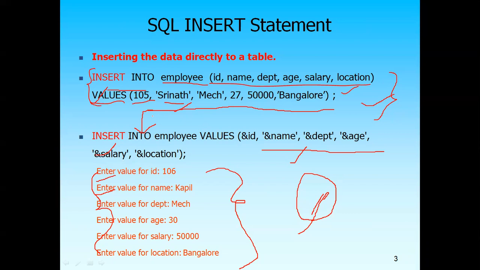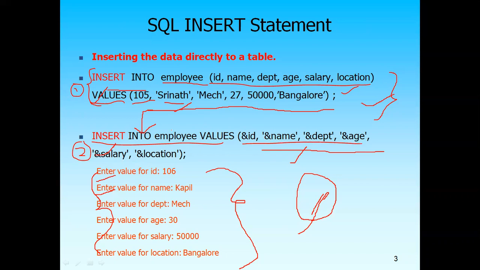Second method, if you want to insert multiple records into the table and you don't want to use this insert statement again and again. Now, what is happening in the first method? This is the first method. This is the second method. In the first method, you need to write this insert statement every time you want to insert a record. But the alternative solution is, instead of mentioning the values directly in the values round brackets, you can pass the address of the fields that you want to insert into the table.